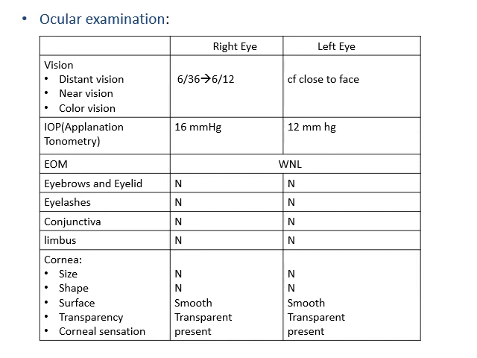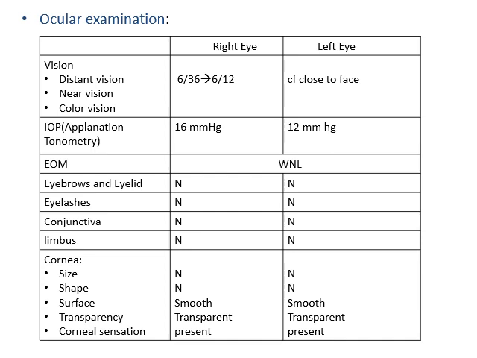For near vision, we ask the patient to read the near vision chart at 25 centimeter distance from the eye. As our patient is senile, he will be having presbyopia and near vision will not be perfect N6, it will be less like N18 or N36. For color vision, we use the Ishihara chart.